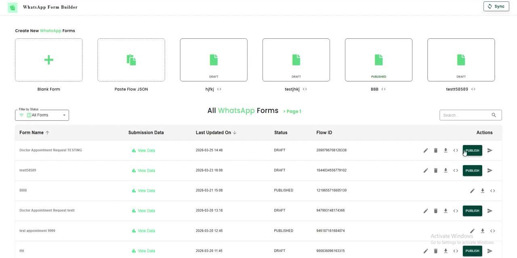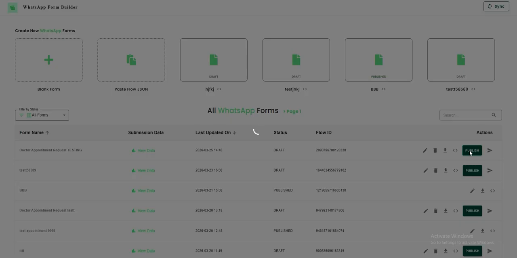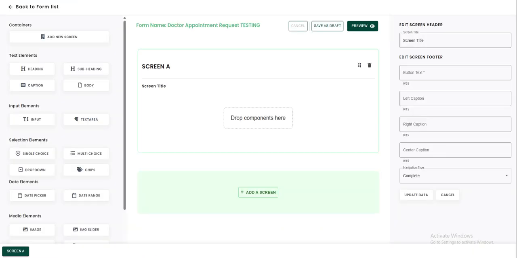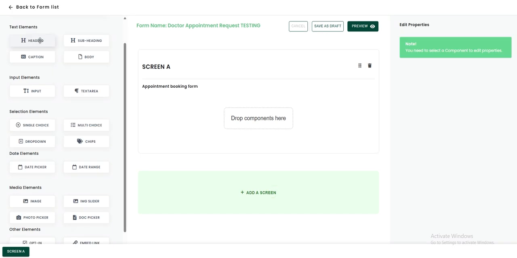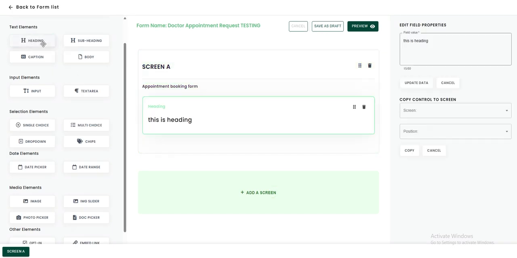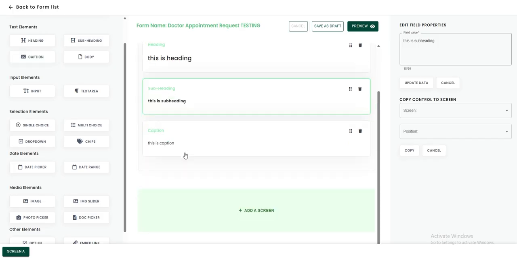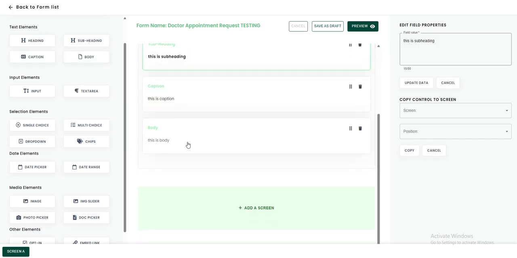Now to publish the form, simply click on the Publish button. And the form is published. Now I'll give you a components overview. Heading to add a heading, subheading to add a subheading, caption to add caption text, body to add large text,